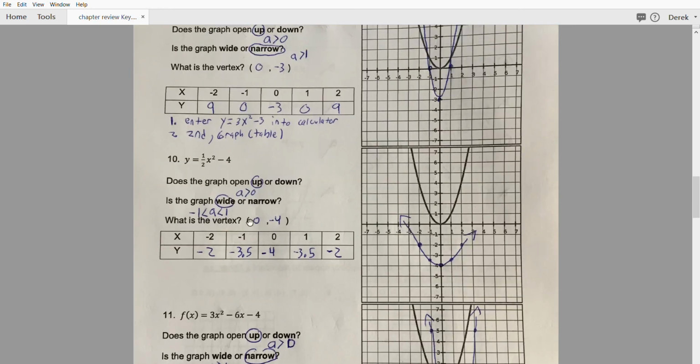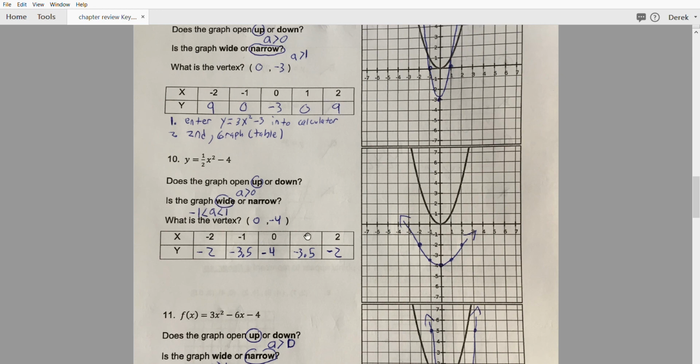All right. Okay, so y equals 1/2 x squared minus 4. Does the graph open up or down? Well, we see a is greater than 0, so it's going to open up. Is it wide or narrow? The graph is going to be wide, and that's because a is a decimal, right? So a is 0.5. If a is between -1 and 1, it is always going to be wide compared to